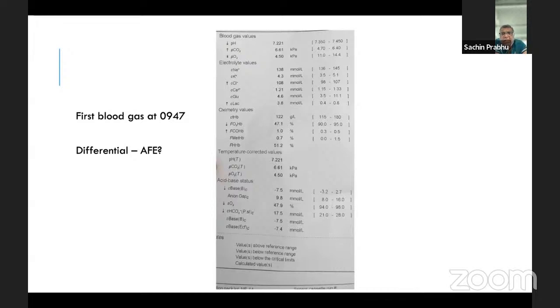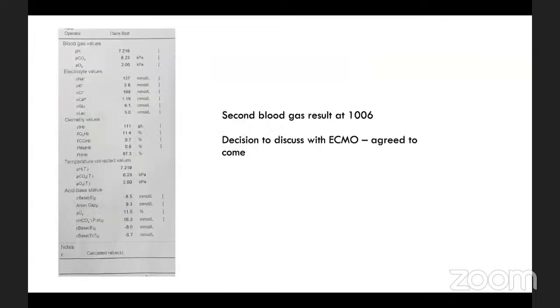I don't know whether you can see or not. I definitely can't see, but the pH is 7.221 in this one. And there's a progressive set of blood gases. The differential diagnosis at this stage was clearly either a high spinal, which was unlikely with such massive hemodynamic decompensation. But the commonest thing you would think of is some kind of embolism. And in a lady who's delivering, an amniotic fluid embolism is probably the one you would hedge your bet on. Next slide.